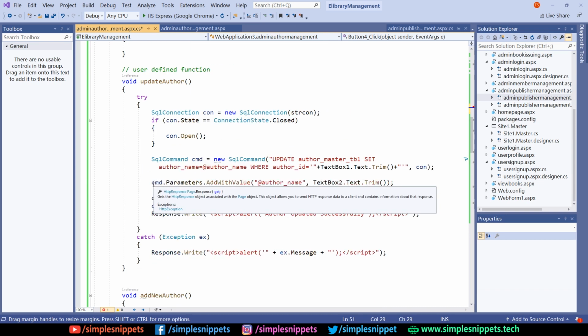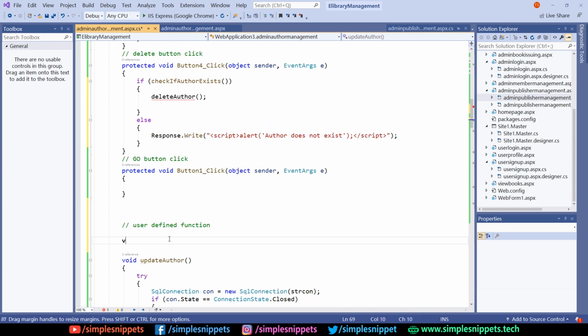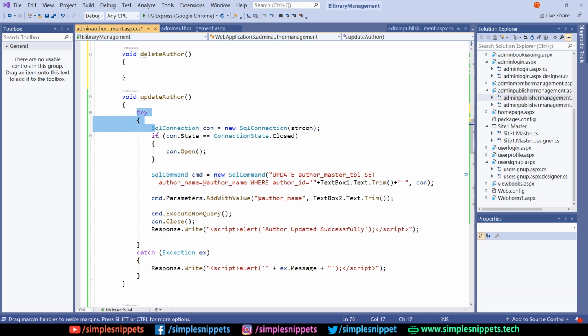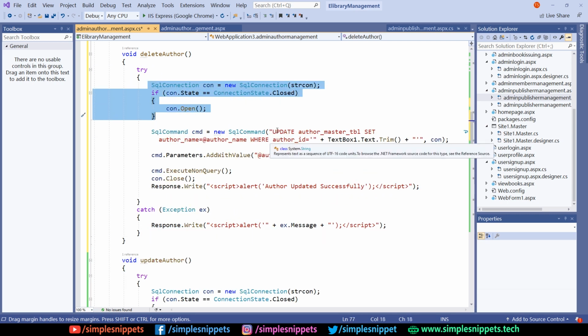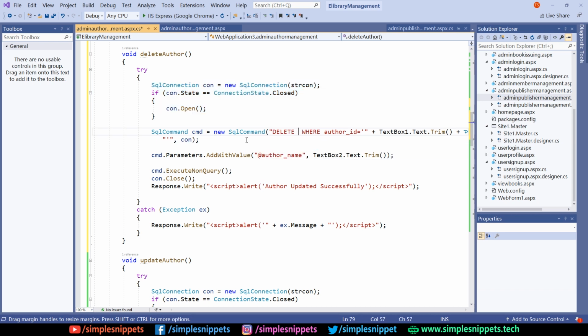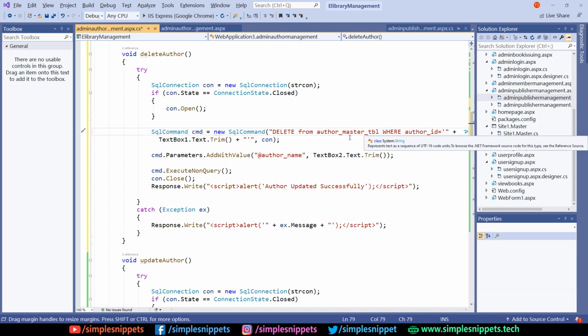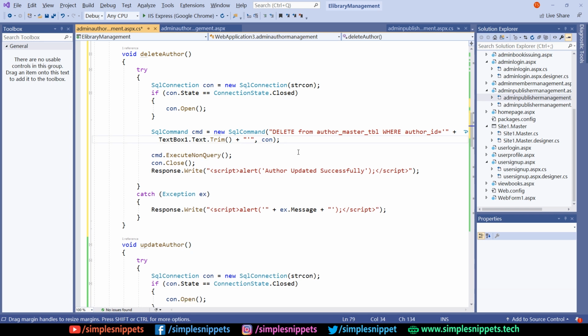Let's create it over here under the user defined functions. So I'm going to say void delete author. Things are going to be pretty much the same like update author or add author. Just copy this, paste it over here, same connection opening, just the command will change, and the command is going to be delete from the table name. The table name is obviously author_master_tbl, where author ID is coming from textbox1. That's about it. We don't even need to add any parameters. And then we will say author deleted